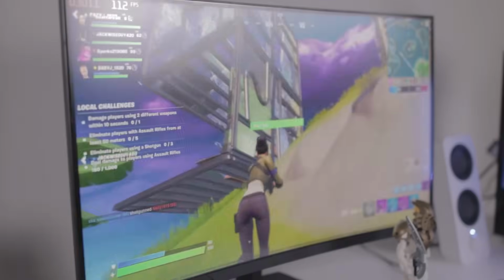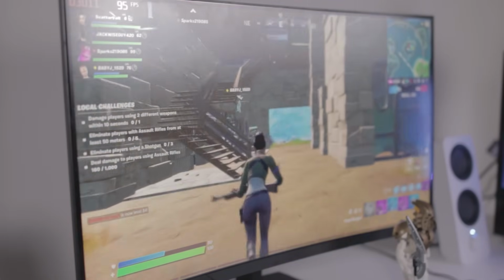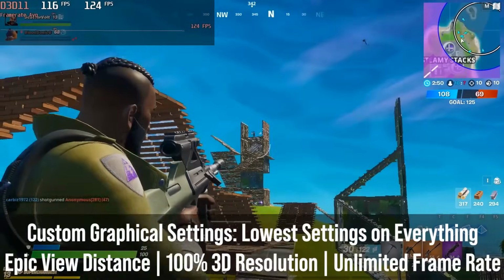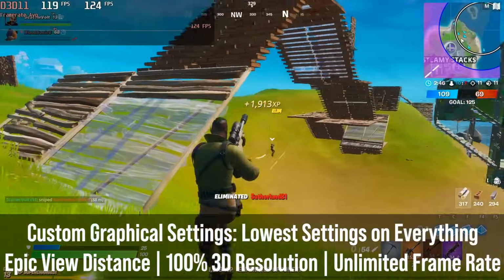If you were curious about the gaming and streaming performance of the setup behind me, you'll be pleased to know that as far as esports games go, for like Fortnite and Counter-Strike Global Offensive, you will get about 144 frames per second average on those games given custom settings, which will take advantage again of that 144Hz refresh rate on the monitor. But for more higher end games like Doom Eternal or Half-Life VR, you will get about 60